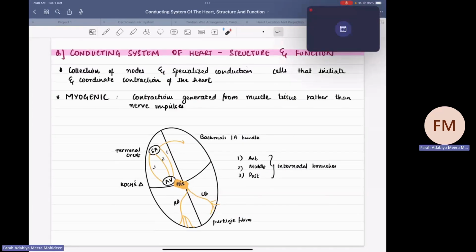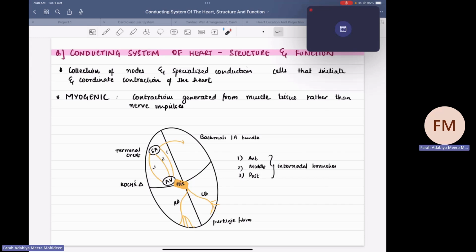In this video, today we'll be talking about the conducting system of the heart, structure and function. Now, what is the conducting system of the heart? What does it contain? It has a collection of nodes and a specialized conduction group of cells that initiate and coordinate contraction of